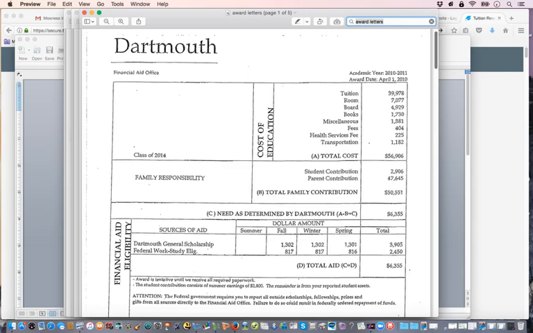And so what they did was write an appeal letter, and that appeal letter was basically attaching other award letters from other schools and saying, hey, we want to come to your university, but these other schools are offering us more money. Can you match or come close to what these other schools are offering us? And if you can, we would love to experience the richness and culture of going to your university, right? So they did that, and what happened?